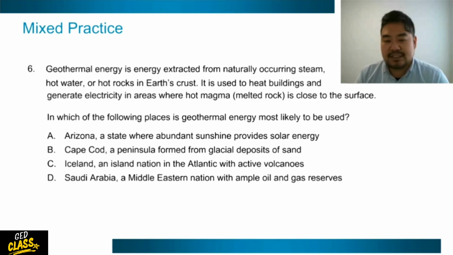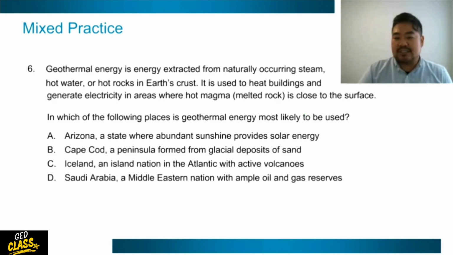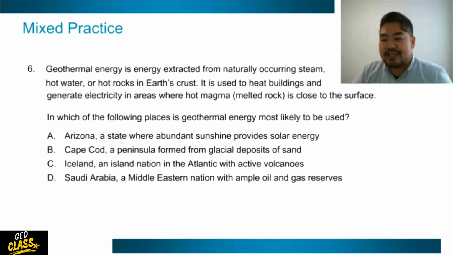So let's take a look at number 6 together. Again, notice we're going to start with what the question itself is asking for. In which of the following places is geothermal energy most likely to be used? So as we're reading this, we're going to be looking for how we can make a conclusion here about where geothermal energy would be used. We see that geothermal energy is energy extracted from naturally occurring steam, hot water, or hot rocks in the Earth's crust. It's used to heat buildings and generate electricity in areas where hot magma, melted rock, is close to the